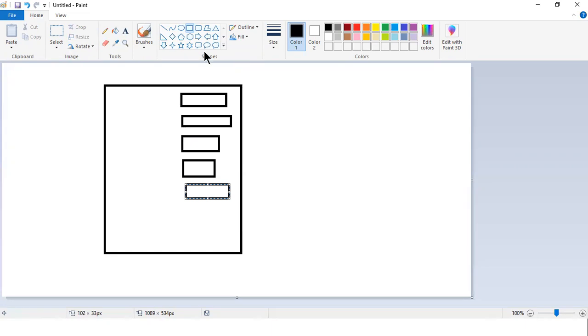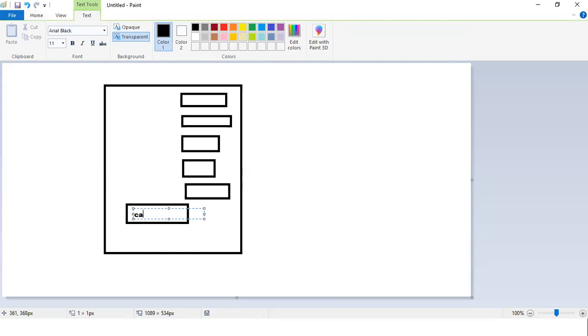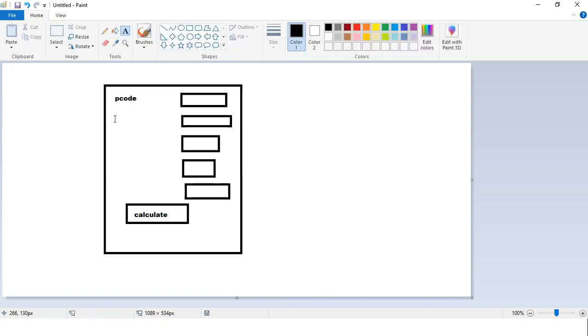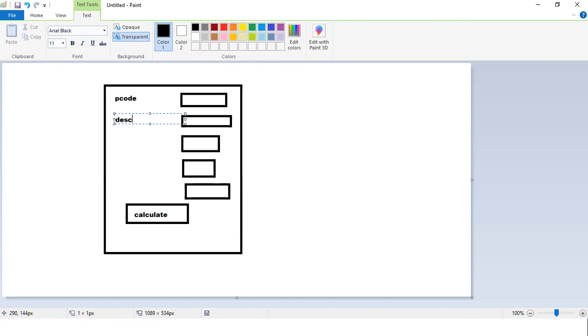For doing all these things, I need a button. You click on this button, and we call this button Calculate. This is my button called Calculate. I'll write the shortcut there. This is my product code, and this is my product description.